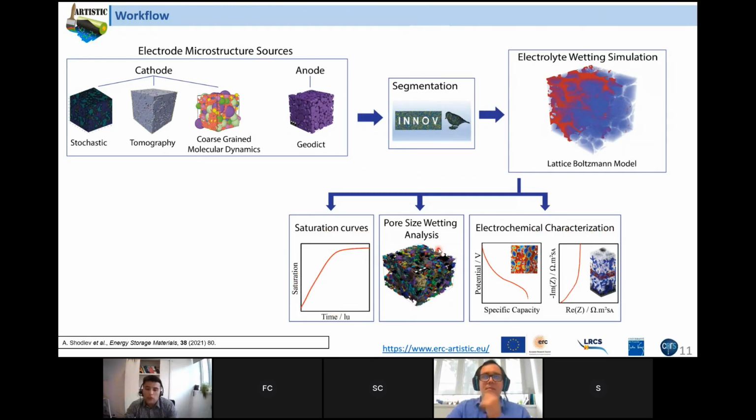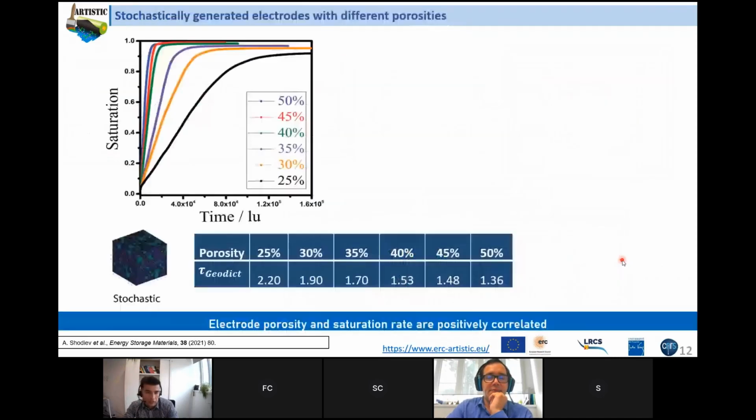And then, as it was a 3D structure, we could get realistic images of the pores inside. And then we did some characterization of how pores influence the overall saturation time. Then we do electrochemical characterization at the end to see the influence of the wetting degree. The first thing we did, the simplest thing you can do, is different porosities, right? You generate electrodes with different porosities, keeping the same ratio of active material, binder, carbon black, keeping everything the same,